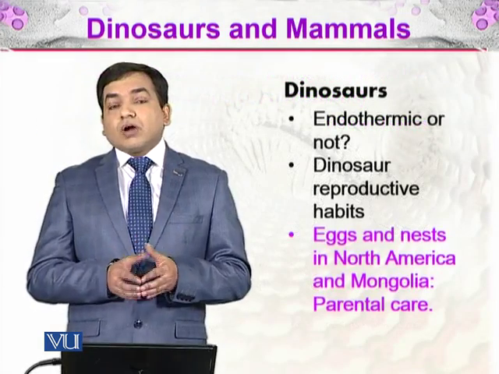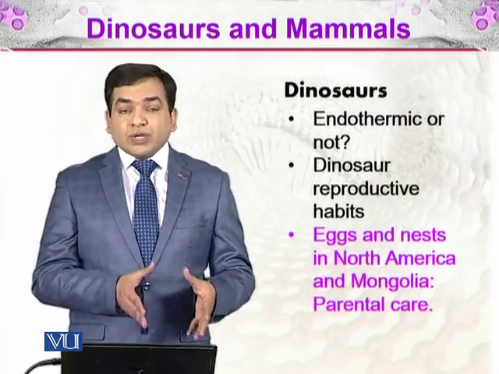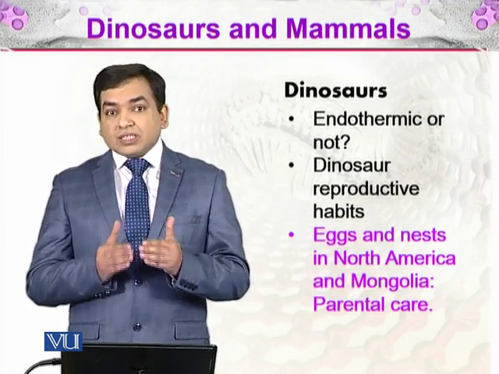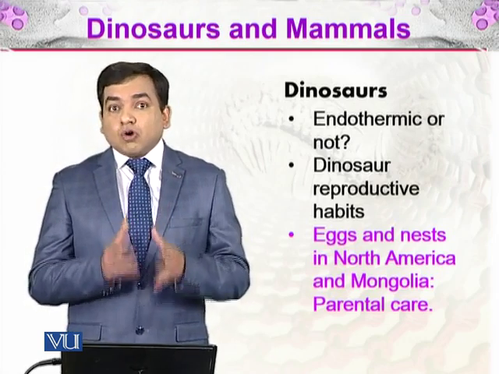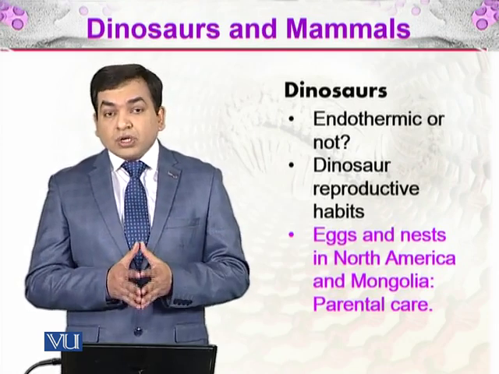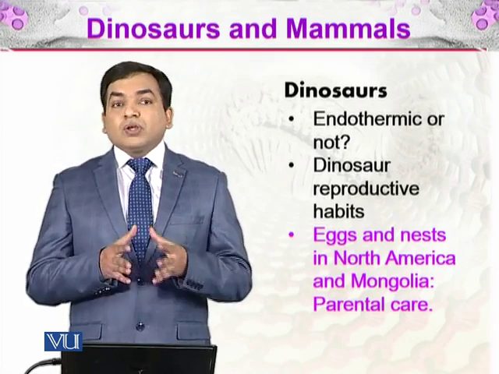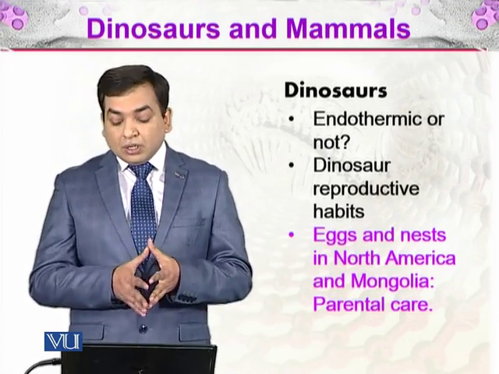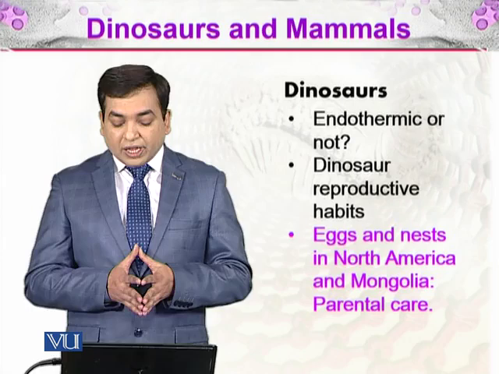There were some questions about the dinosaurs, whether they were endothermic or not. Some of the dinosaurs which we have seen up till here were very large, so it is possible that their internal organs maintained a constant temperature. We know most of the reptiles of today are not warm-blooded animals, but this is a debate which is still going on, because the fossil record is not enough to say whether they were cold-blooded or warm-blooded, endothermic or exothermic animals.